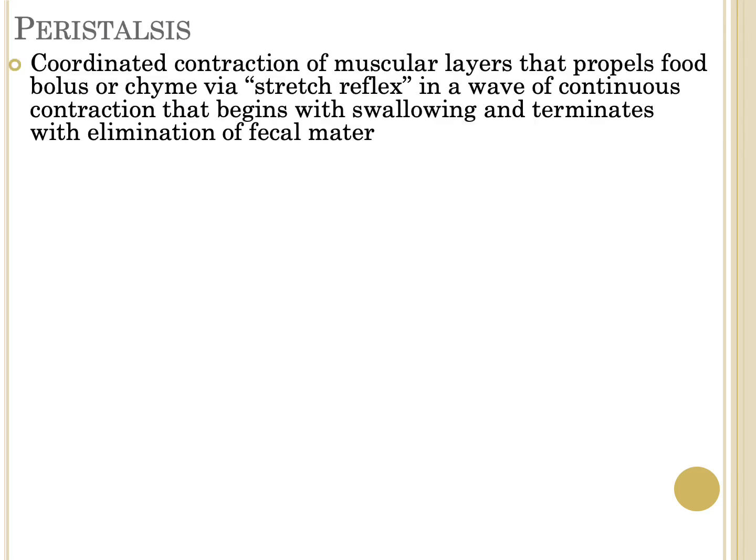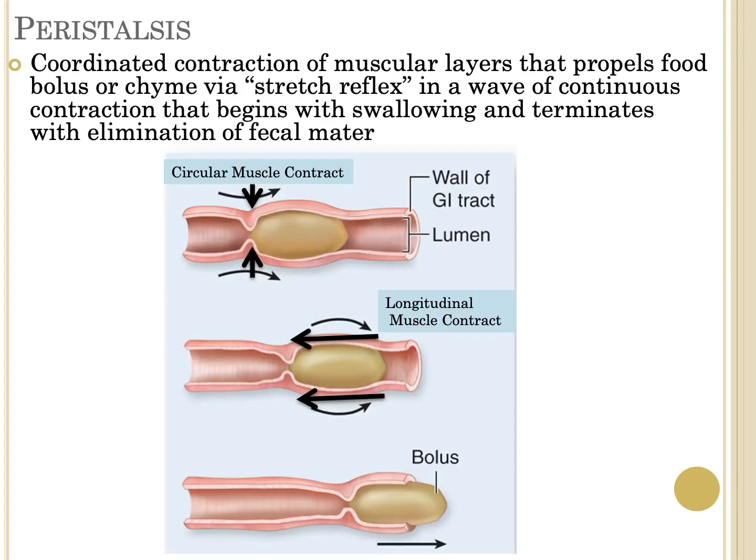So peristalsis is the coordinated action between the longitudinal and the circular muscles, based off of the stretch reflex, either from the bolus or from the chyme of food as it enters the lumen of the alimentary canal. The circular muscles stretch, causing them to compress, doing a ring squeeze around the bolus, which causes a stretch in the longitudinal muscles, which causes a compression, which causes a stretch within the circular muscles. And so we get this squeeze, compress, squeeze, compress, squeeze, compress wave of motion within the